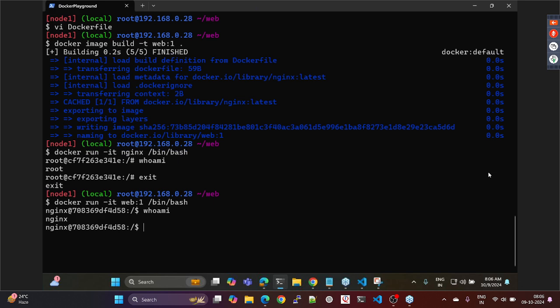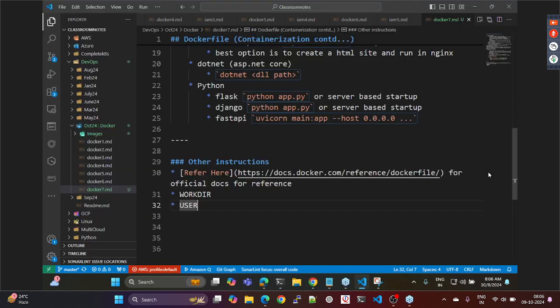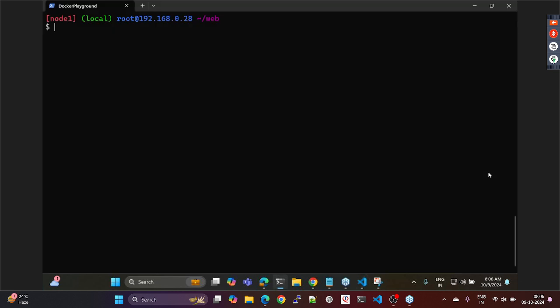Nginx. Am I clear on this, sir? So you can go with the existing user, okay? Or, so do we understand this user instruction? Yeah. Or the other thing which I can do is